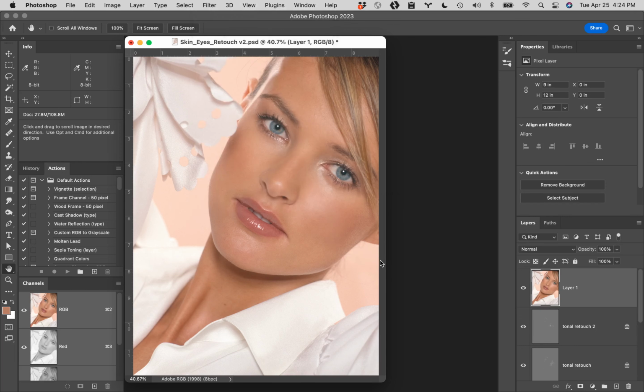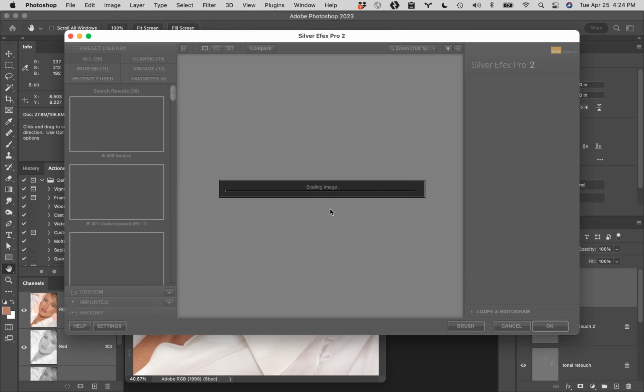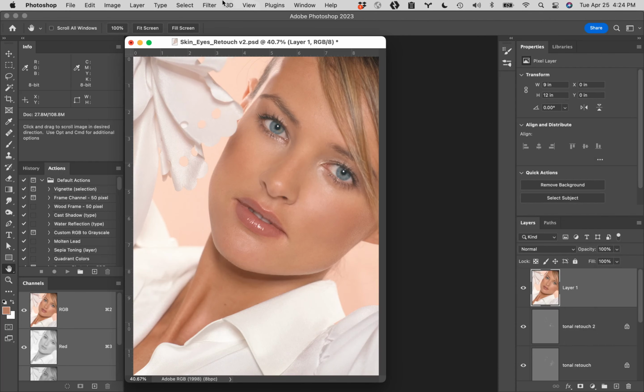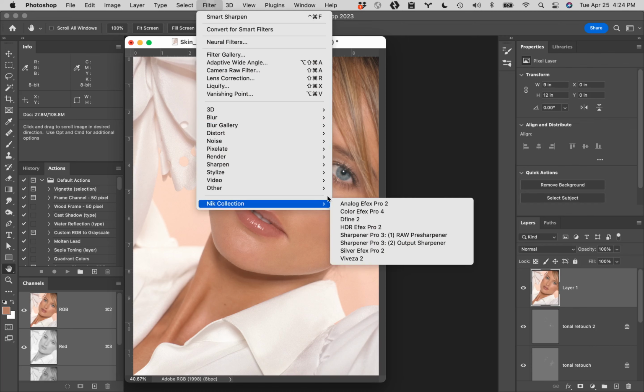Silver Effects Pro is probably a superior way to take an image and turn it into black and white. You probably have more control in here than you've got using the black and white sliders that are actually in Photoshop. So that's what that one is. And then finally,